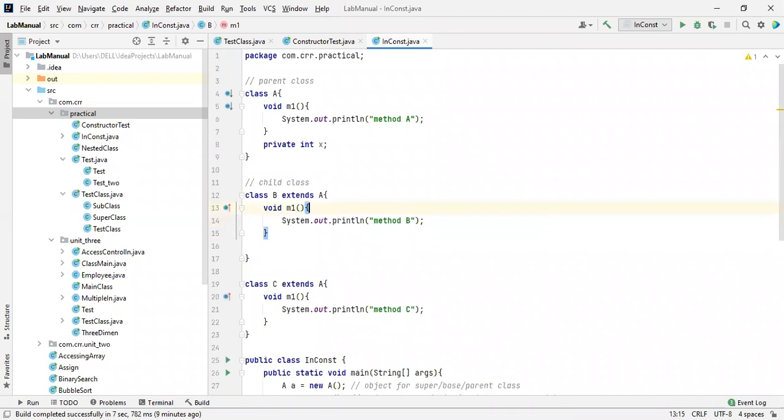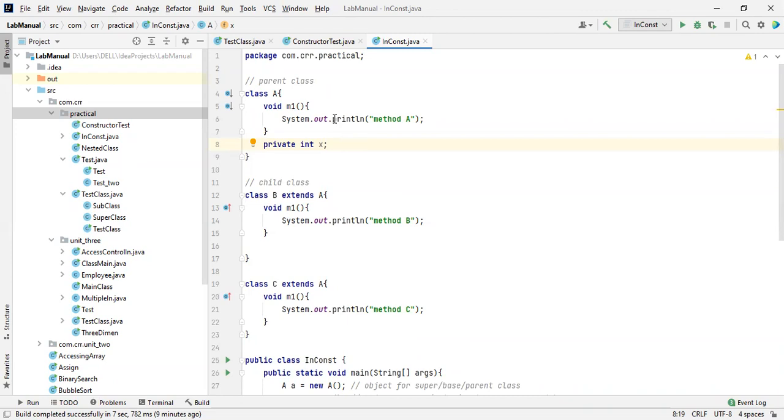So if you want to hide some information, you are going to use abstract classes, which we can't see. And there is a relationship between abstract classes and the interfaces concept. All these are to overcome multiple inheritance in Java. Multiple inheritance and hybrid inheritance are not possible in Java. To overcome that, they introduced the abstract and interfaces concepts. So now we are going to discuss an abstract class and abstract method.